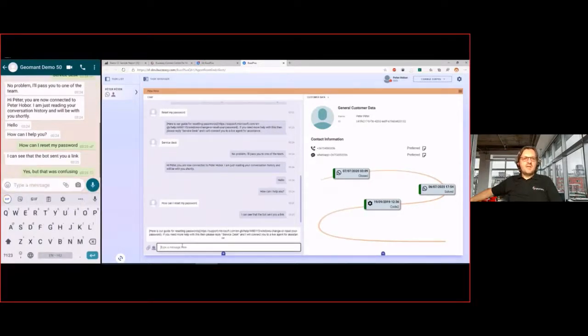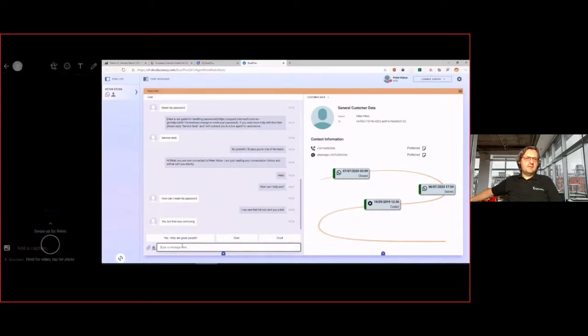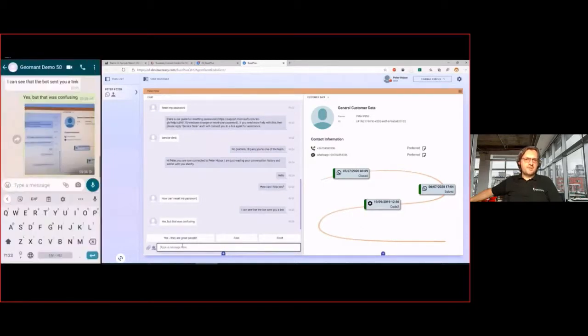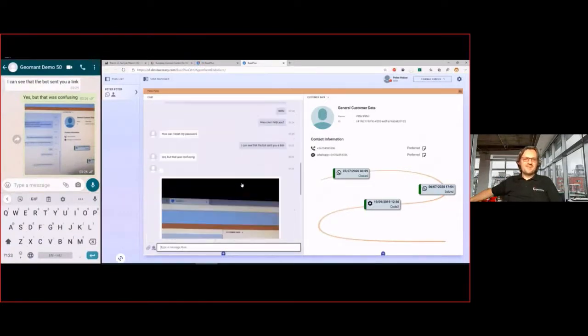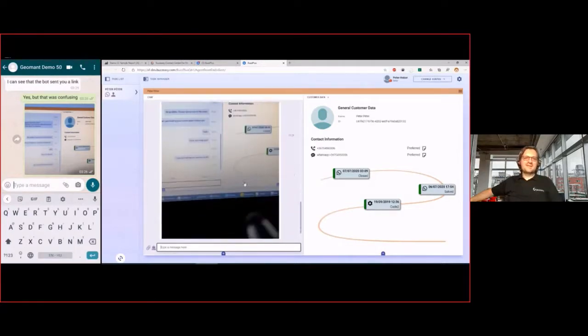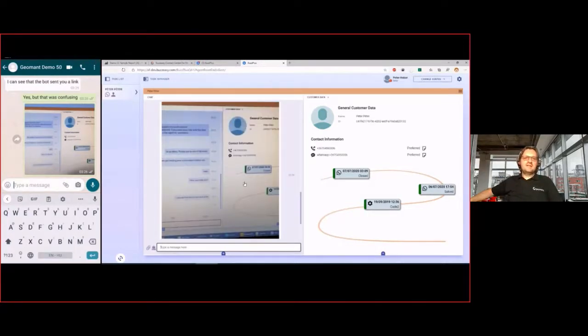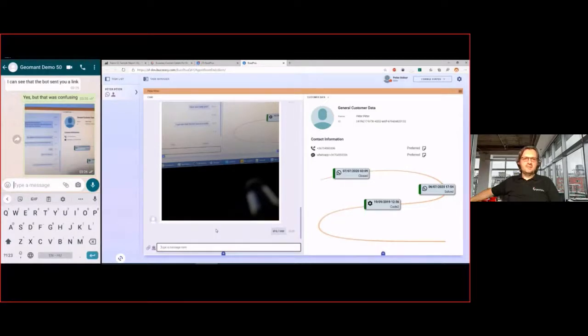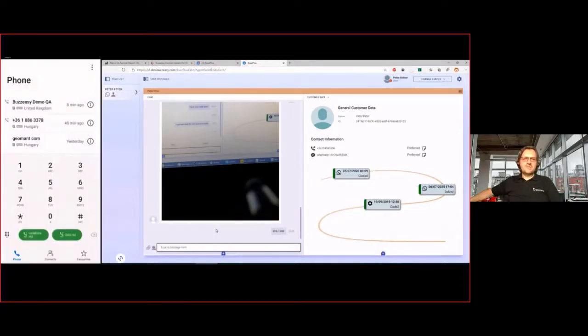So here, the customer is saying something, and actually now the customer on WhatsApp opened the camera and is sending a photo of the screen. Well, that's my own screen here. So imagine that the customer was sending a screen. So as you can see, the agent could get immediately that attachment, that photo that the customer was taking to WhatsApp, and continue the conversation based on that.